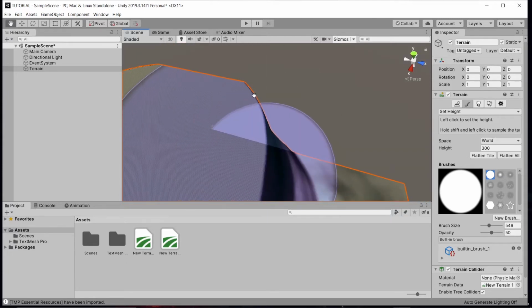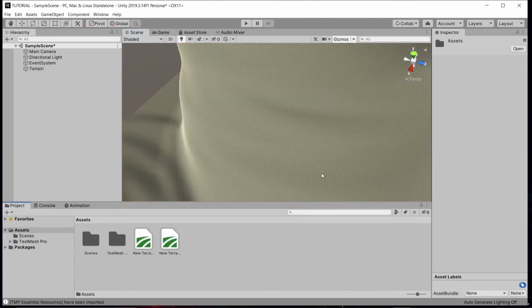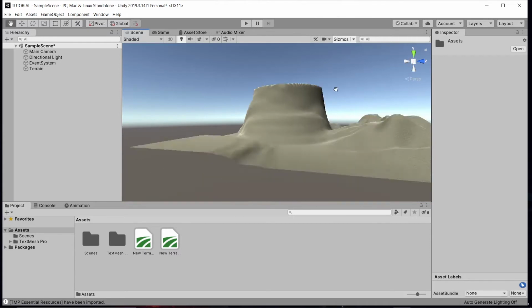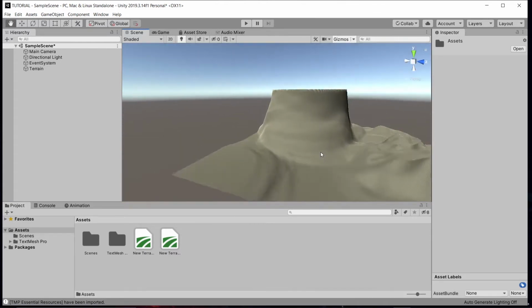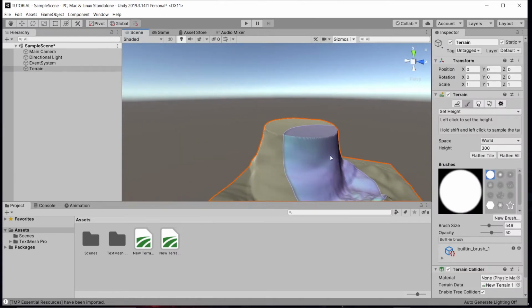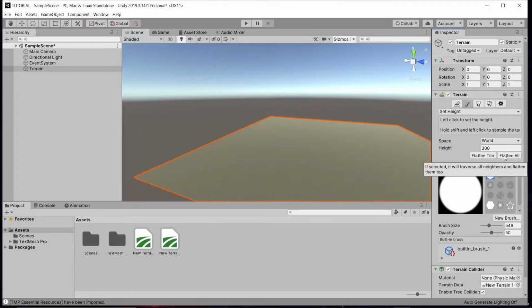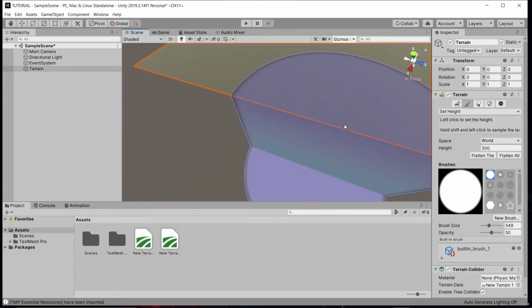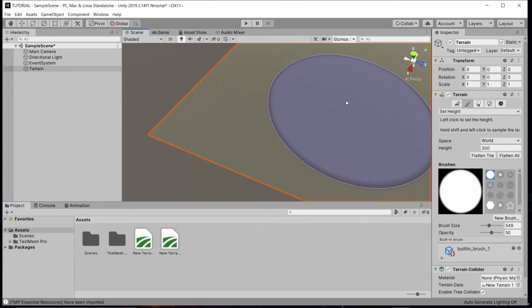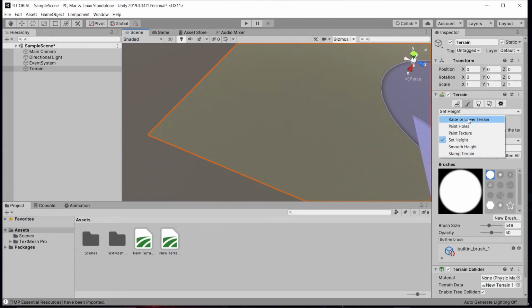That's 300 because it's no longer raising, it's just flattening out. And then you've got that really weird looking thing there, but that's setting height. You can set different heights and you can flatten the whole thing to 300, and now we can actually paint down